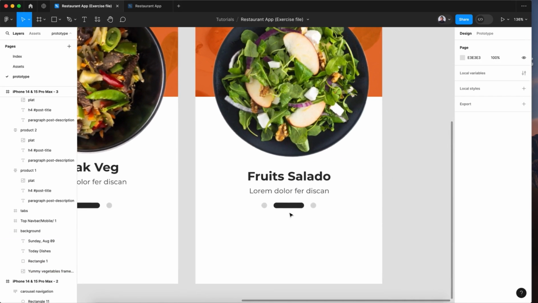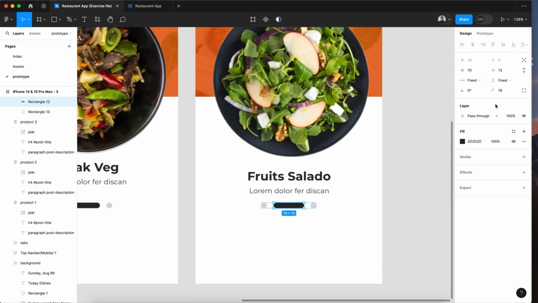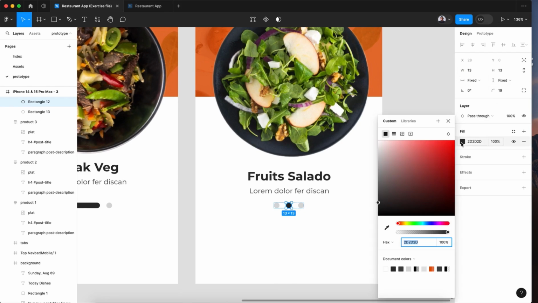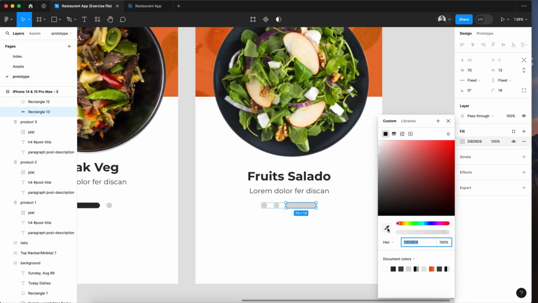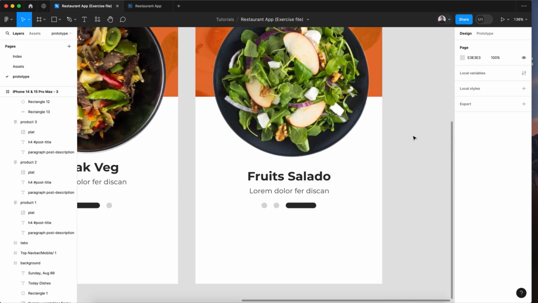And also for the navigation, let's give it 13 and a light gray, and for the last one 70 width and a dark gray. Alright,